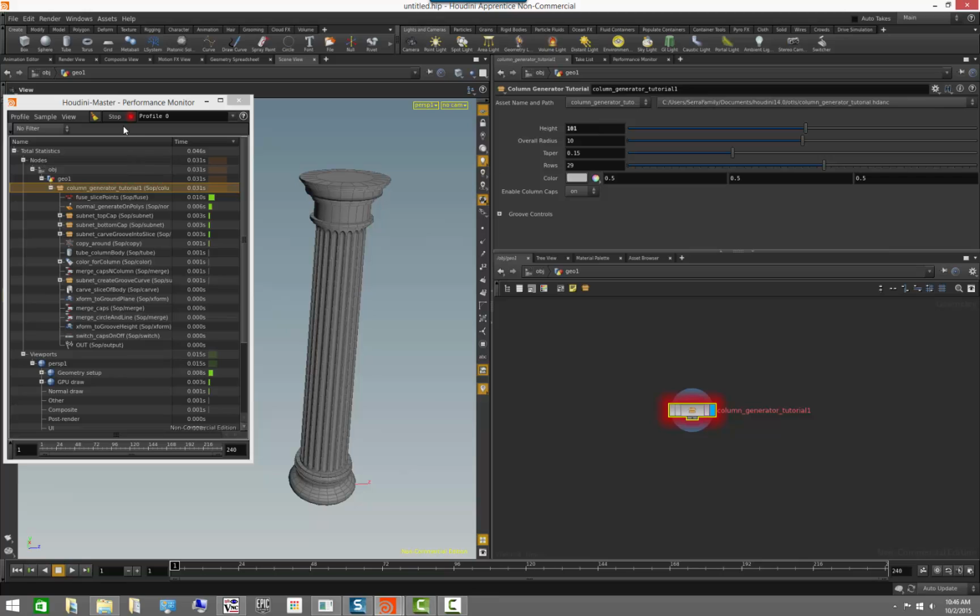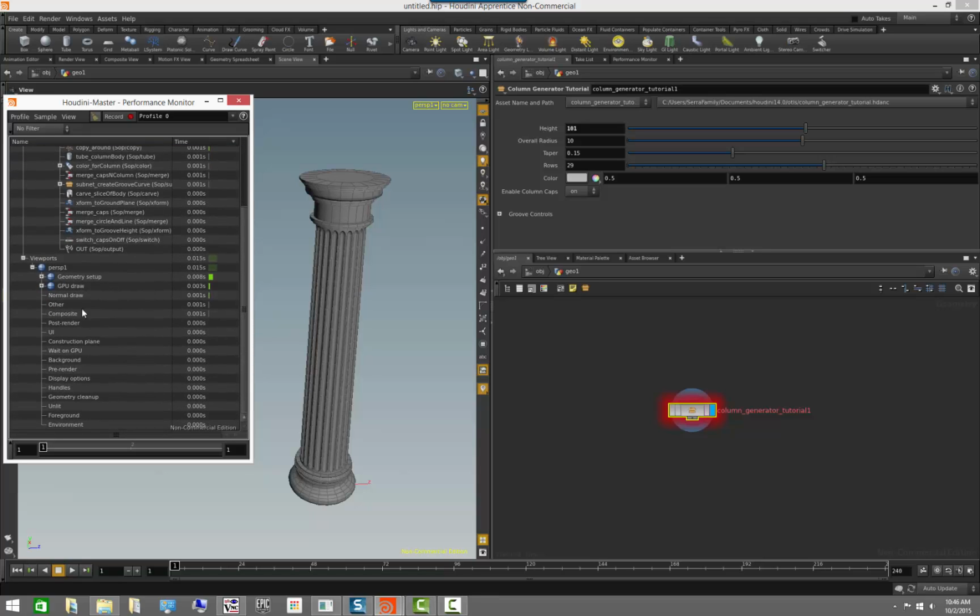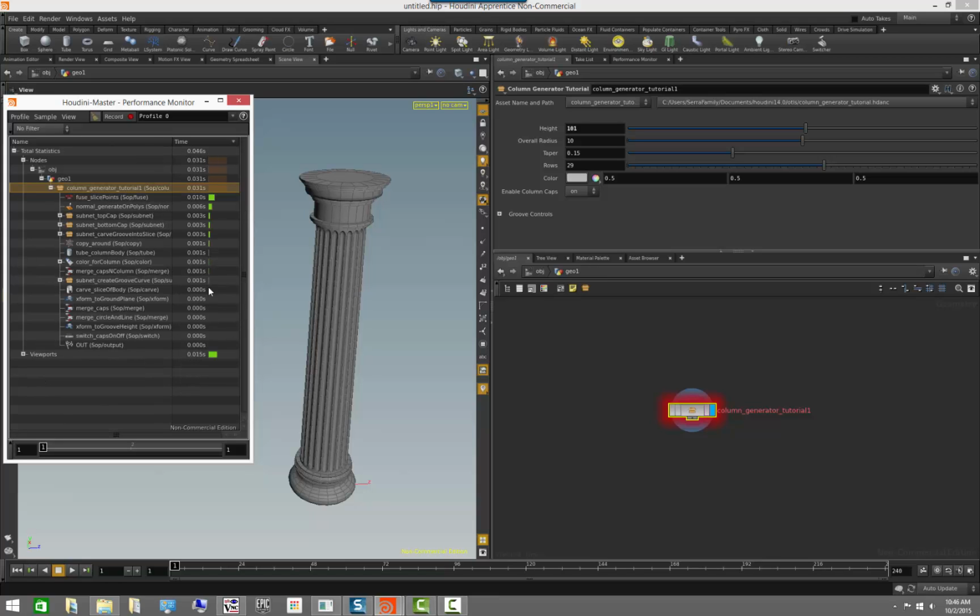I'm going to go ahead and stop it for a second so that we can see what's going on here. You will notice that now I have a list of all my nodes in my network. I still see the viewport cook in here, so we're going to hide the viewport because we don't care about those right now. We just want to see this. So you can see all your nodes inside of a column generator, and you can see how much each one of them is taking. So for example,